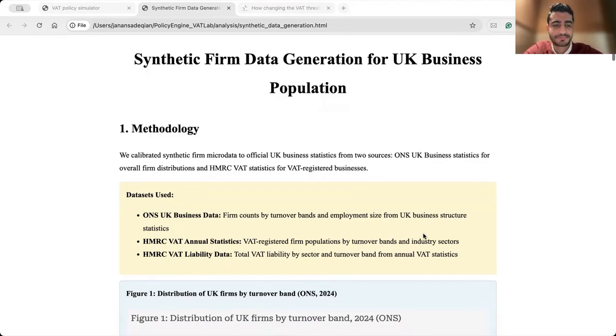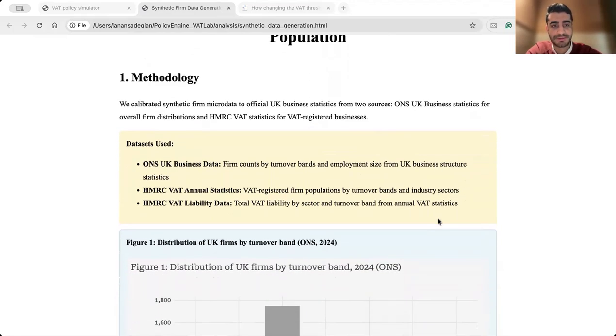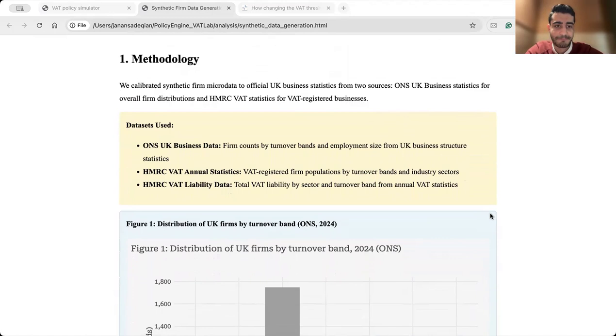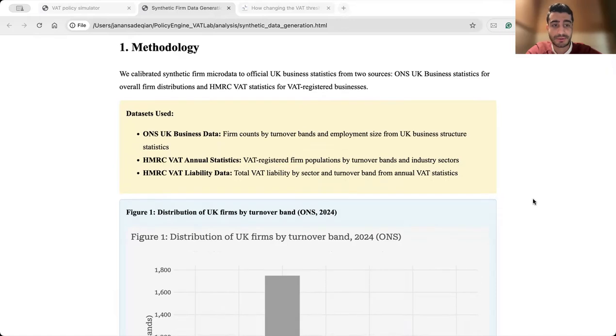For the first step, I want to show you the methodology that we have for generating synthetic data. As you may know, we have two main data sets publicly available for VAT and firm level data. One is ONS and one is HMRC. But the point is that we don't have the disaggregated level data for each firm, and the data that we have for both ONS and HMRC is actually based on some bins,